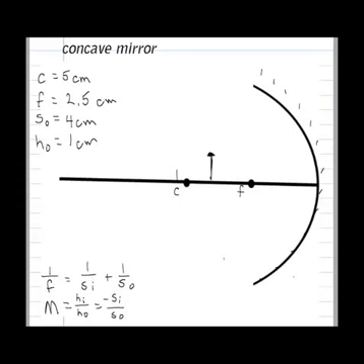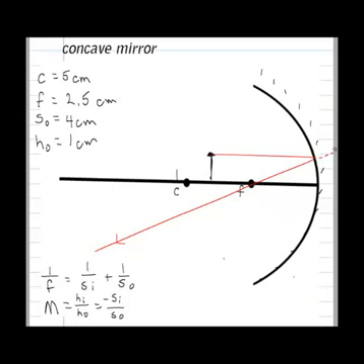The first one is whenever a light beam comes off of the top of the object and goes parallel to the optical axis and hits the surface of the mirror, we know that it will reflect through the focal point. And so I take it straight through the focal point, and we know it goes off that way. The virtual light beam will go behind the mirror,